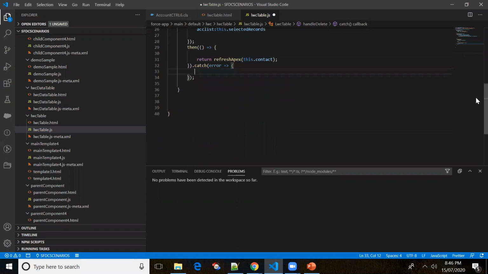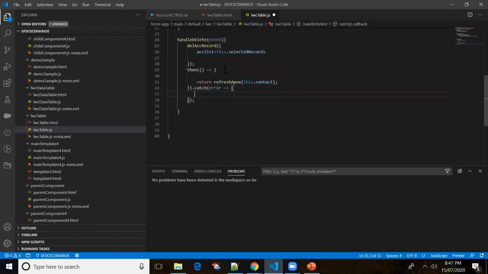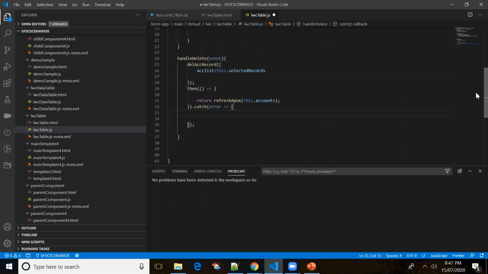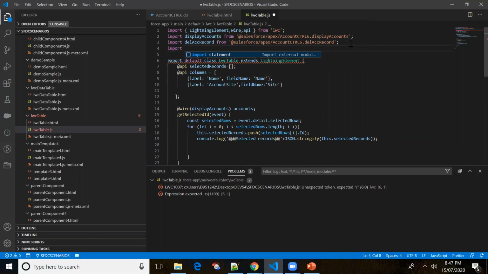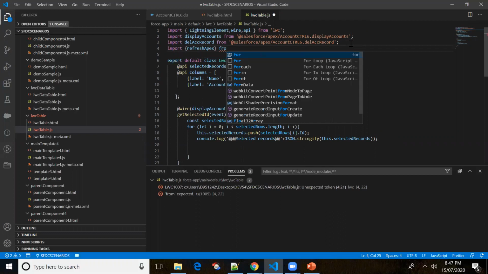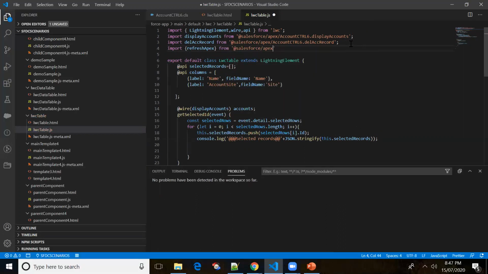If we are able to delete the record successfully, then we'll just refresh the data. What is the Apex property? Accounts, right? If it enters the catch block, then we'll just catch the error in the catch block. So we are passing it, return refreshApex. Let me import the refreshApex property as well. Import refreshApex from lightning/apex, no, from Salesforce apex.